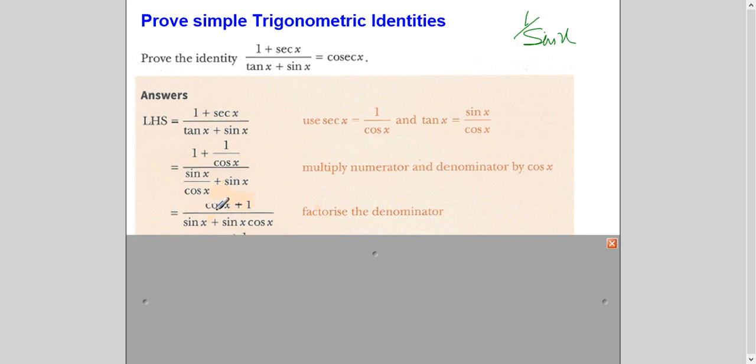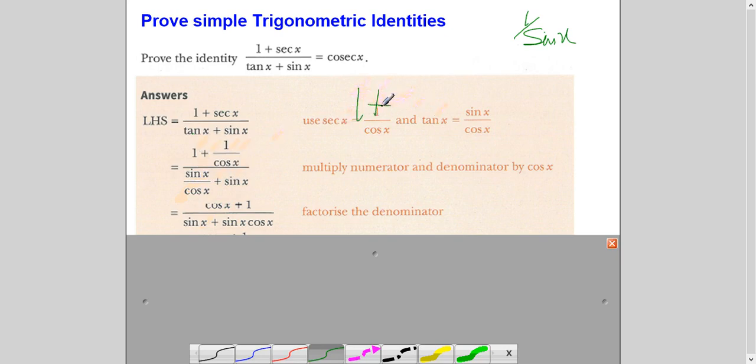Now, if you have a problem doing this, let me show one step here. Mostly, in my experience, students find taking LCM difficult here. So suppose the question is giving you a very straight hint: multiply this whole by cos and multiply this whole by cos. So you will get this. I think it's easy this way. When cos comes here, it cancels out. So you're multiplying this by cos and this by cos. You get this.